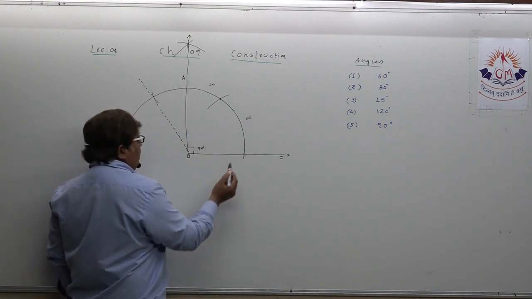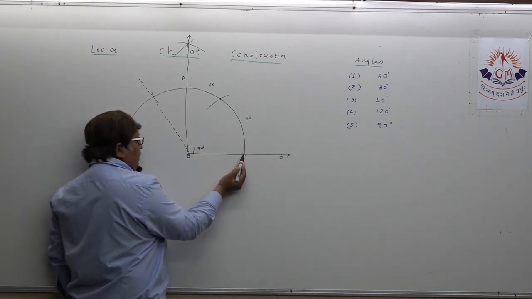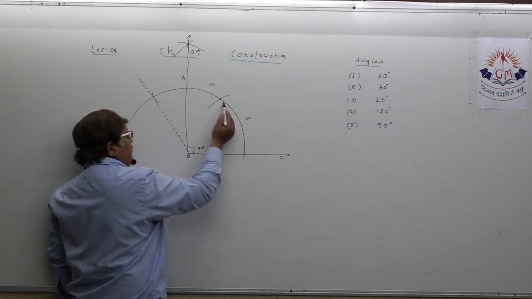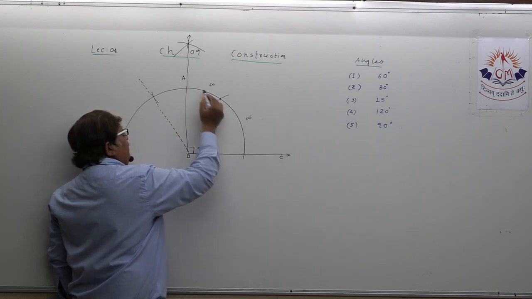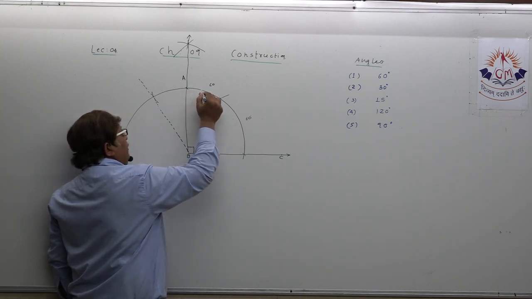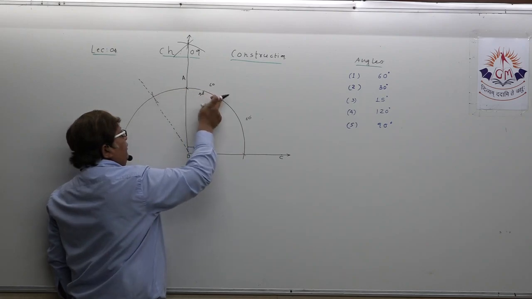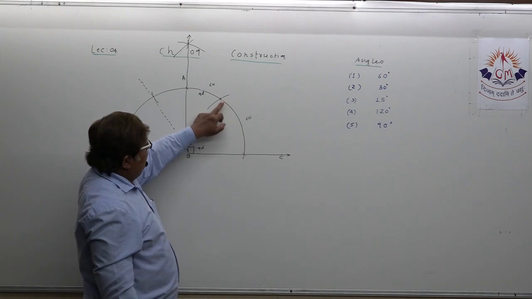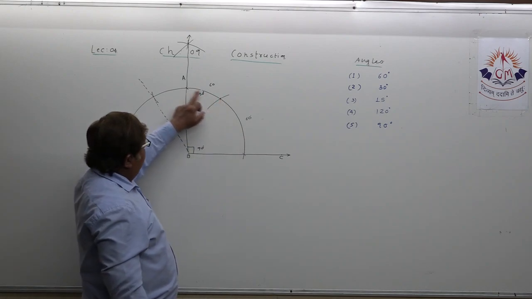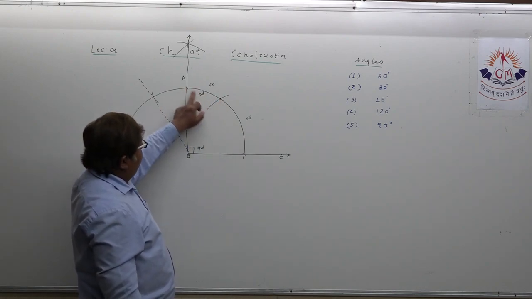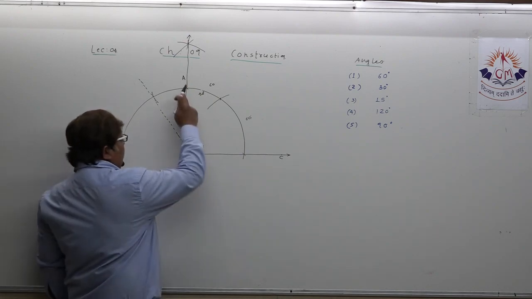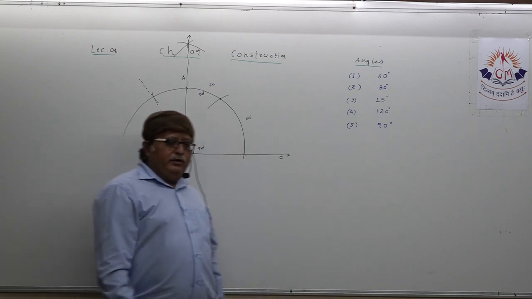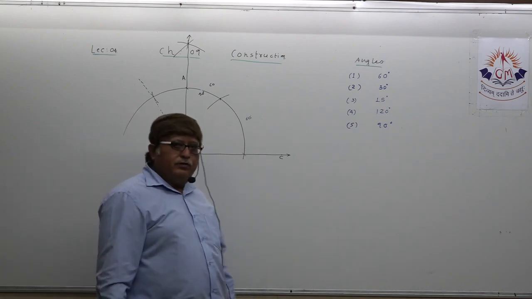Have you understood? See, dear student. From this up to this 60 degree. From this up to this 30 degree. You understood? We have bisected this 30 degree. So just try to understand. From here this is 60 degree. From here 30. 60 plus 30, 90 degrees. So this angle ABC is of 90 degree. This way we have constructed.